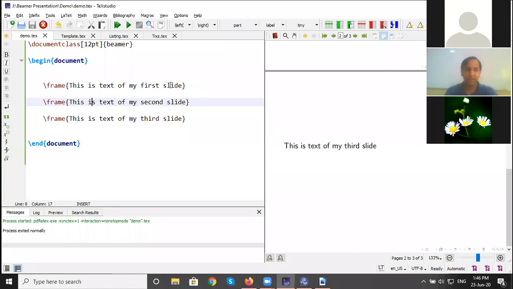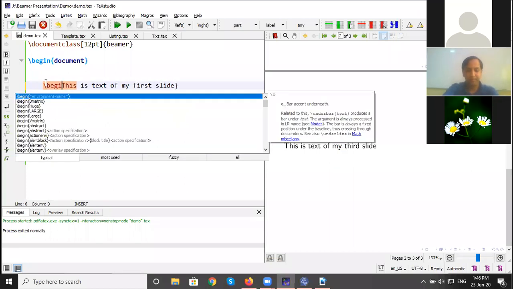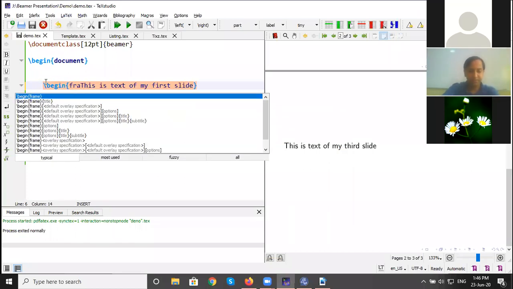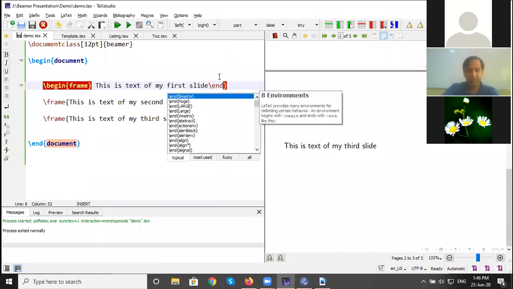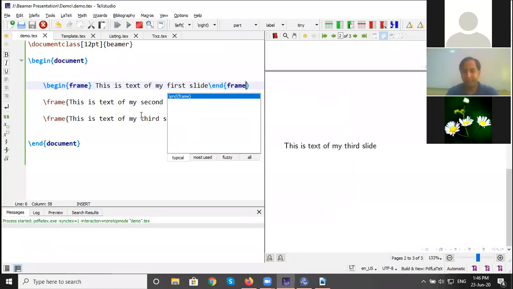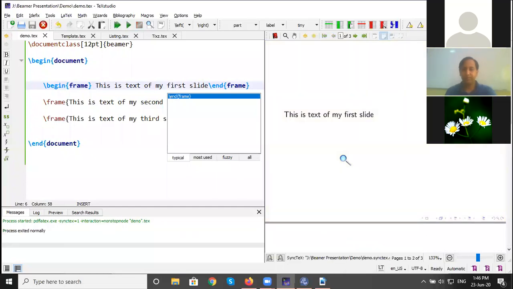Whatever we want to add in that particular slide, just enclose that in the curly brackets. Or there is one more way, begin frame, and we add end frame here. The output remains the same, so there is no change. So either use just the frame command with curly brackets, or begin frame and end frame.